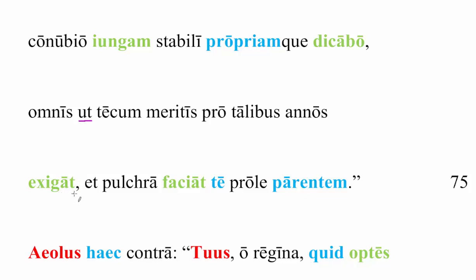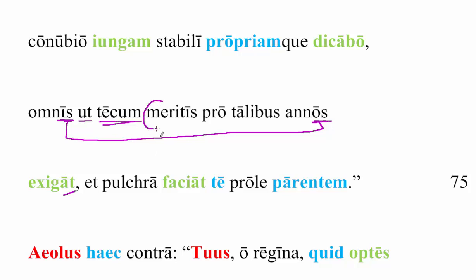And at this point now, the subject has gone back to Deopeia. What will Deopeia do? Deopeia will basically spend the time or complete her time, pass her time with you, tecum, omnis annos, an accusative of duration of time. She will spend all her years with you. This is not the object of exigat. It is the accusative of duration of time. So how long will she spend with you? All the years with you.